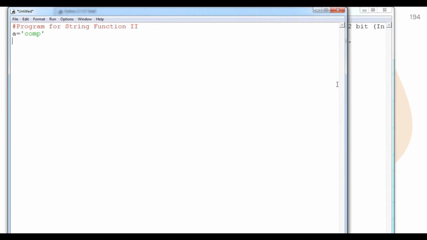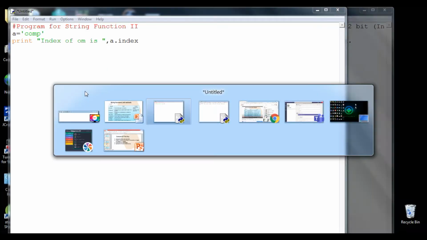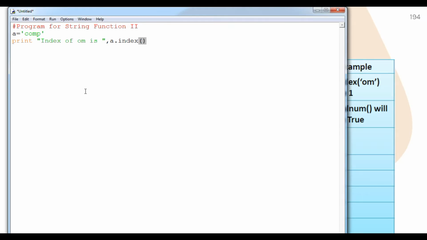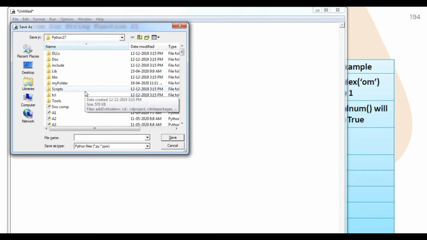If I print the index of om, we are going to search with a.index. This is the function we are discussing, string.index. So here, within index, we are going to search om.